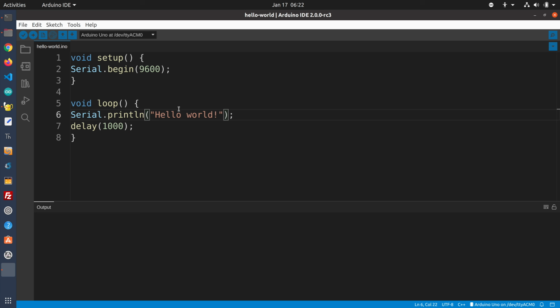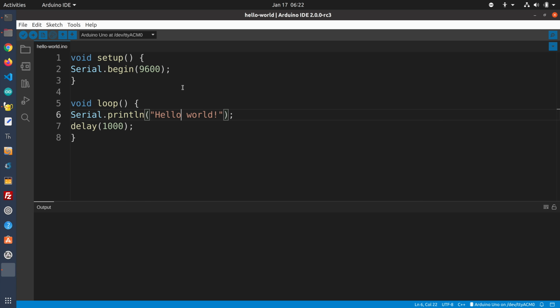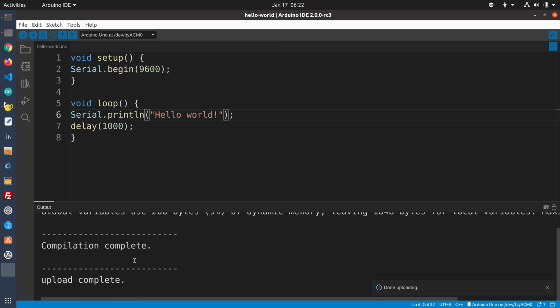Now you'll notice as I'm hovering my mouse over elements in the program, I'm getting these pop-up boxes that tell me something about the code that I'm writing, and this is a very useful feature. We've seen it in a number of other editors such as PlatformIO, and it's now available in the Arduino IDE, so this is really great. Now we're going to just upload this sketch to the Arduino that I've got attached right now, just an Arduino Uno. So I'll hit the upload button, and we can see in the output down there that it compiled